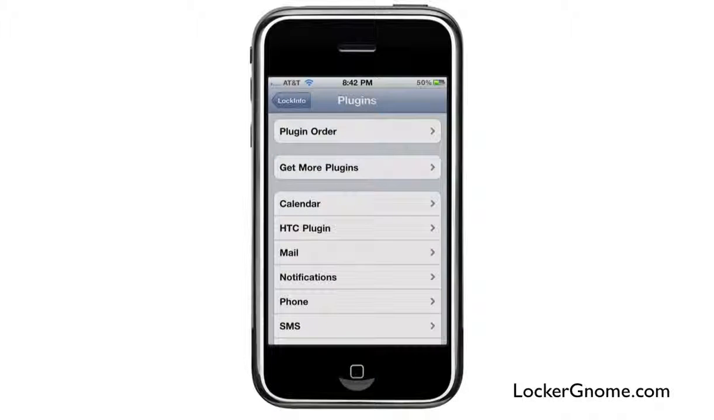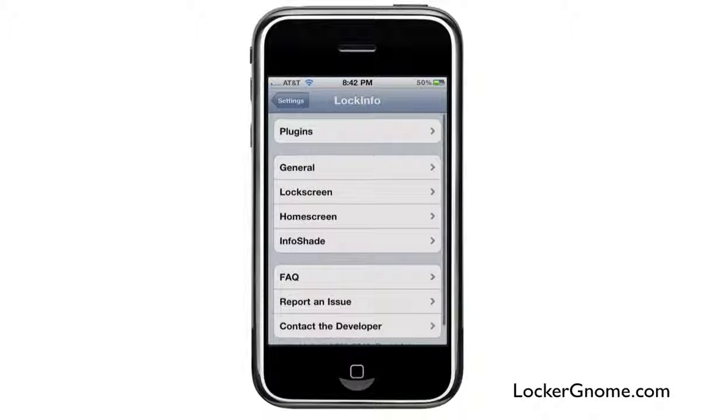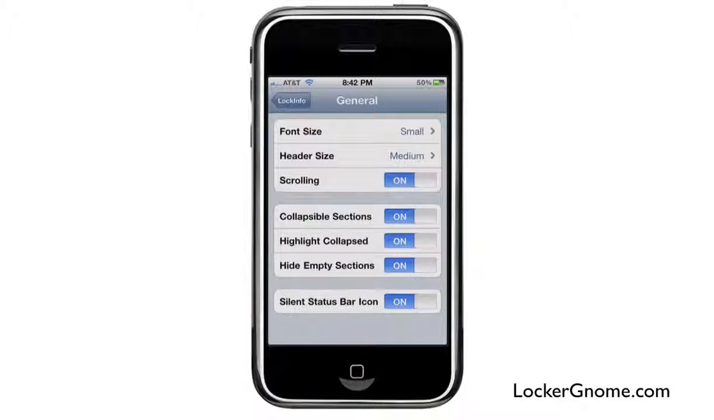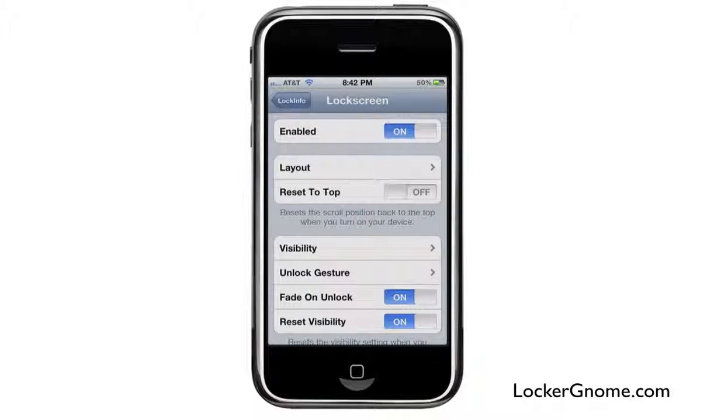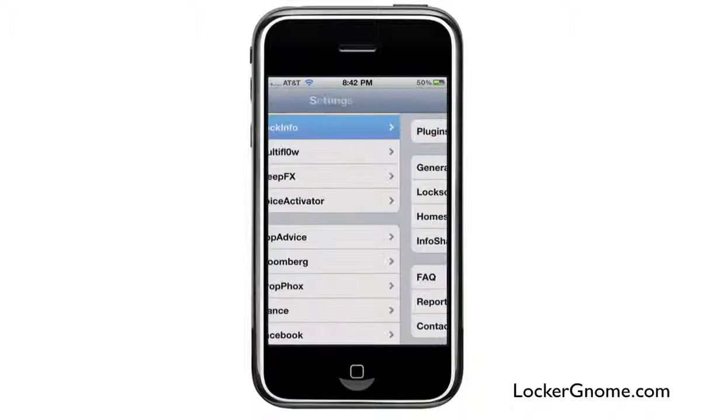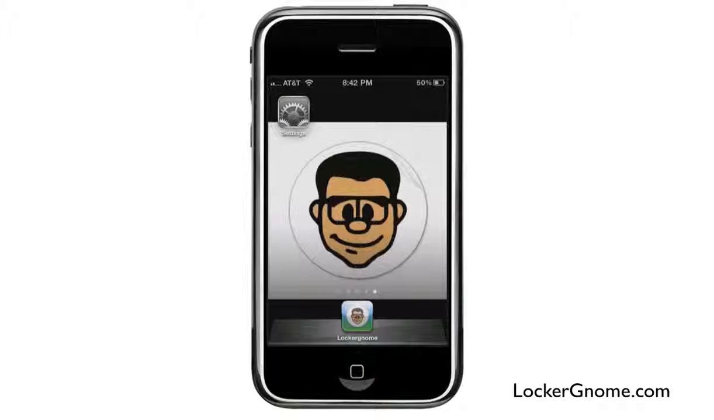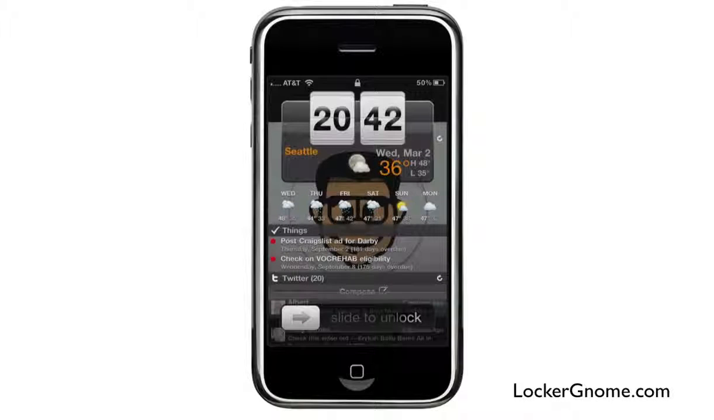So that's the plugins, but then there's a ton of other configurations you can make as far as the extension itself, the general settings for it, how big the font is, the header, scrolling, collapsible sections, highlighted, collapsed, and so on. So I like hands-on, and I'll go ahead and show you guys firsthand. I'm going to go ahead and re-enable it there, and we'll go ahead and enter the lock screen, show you guys what it looks like. So I'm going to lock my phone,